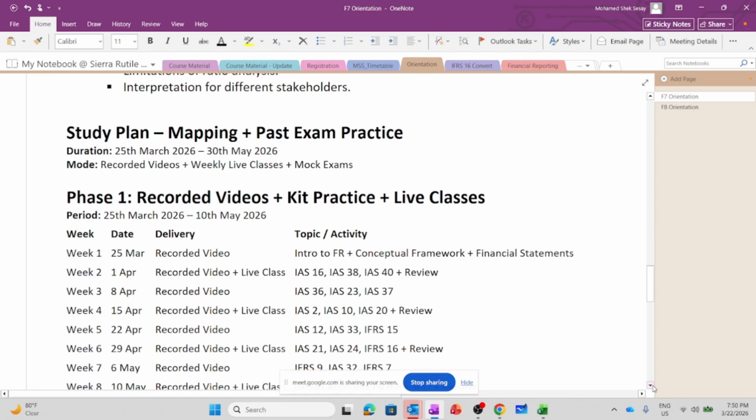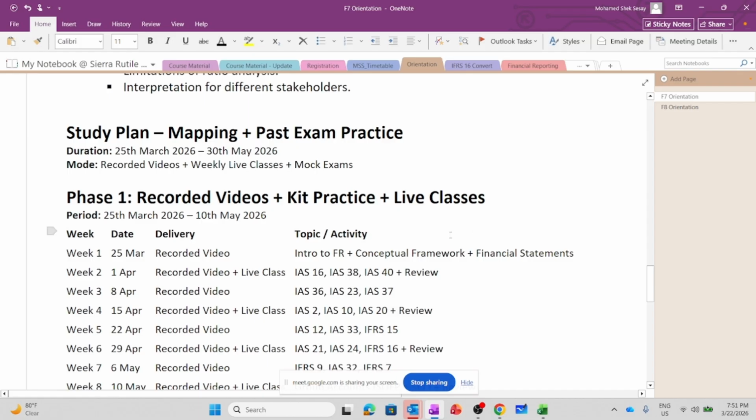So now, basically, we are going to browse through the study plan, which is very much important. We are going to browse through the study plan, and also we are going to map the study plan with the practice platform. The duration for this session, we are going to start from the 25th of March 2026, which will be on Wednesday, but we are going to discuss it further because I need a day which we are going to select each week that we are going to conduct the live online session.